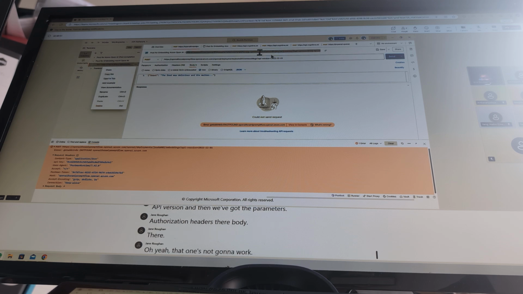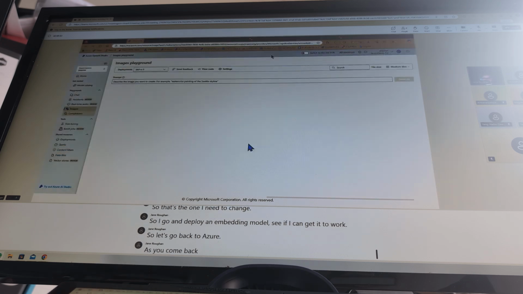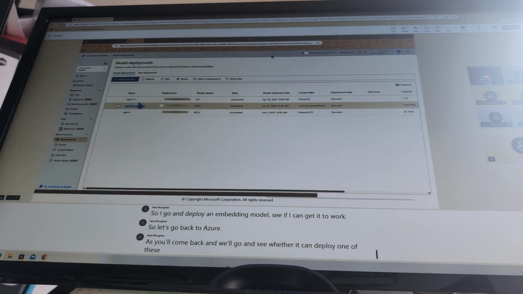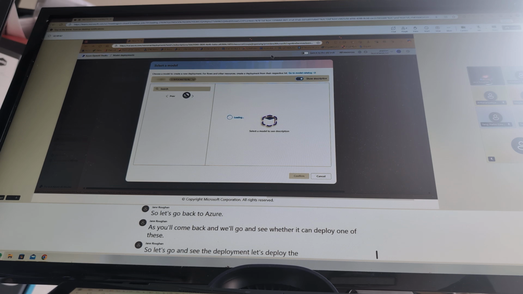Copy link. Where is it? OpenAI deployments, chain, OpenAI deploy. So that's the one I need to change. I'll go and deploy an embedding model, see if I can get it to work. So let's go back to Azure. On Azure, we'll see whether I can deploy one of these. Let's go and see the deployment. Let's deploy the base model of,